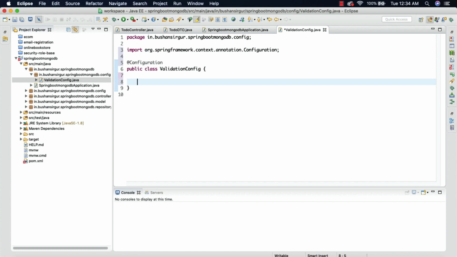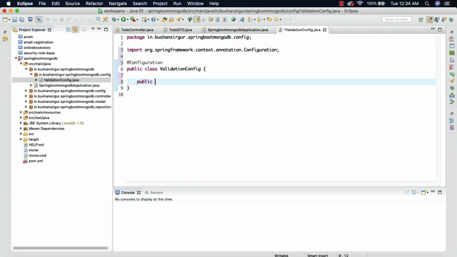The LocalValidatorFactoryBean is an implementation class for the validator, and the ValidatingMongoEventListener is an event listener, as the name suggests. First let's write the code, and then I'm going to explain what these two beans will do.